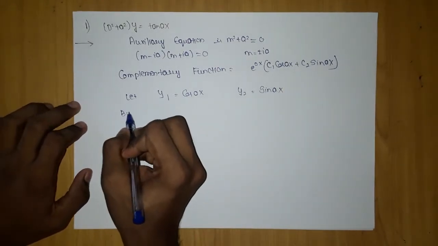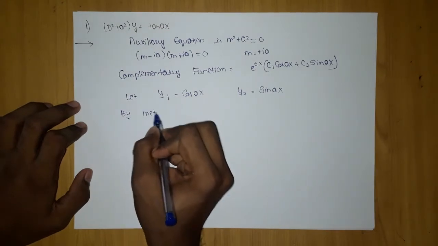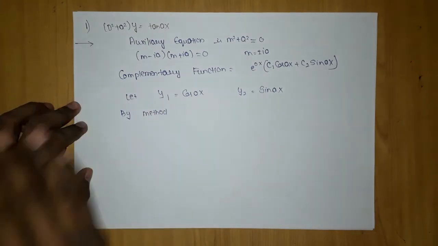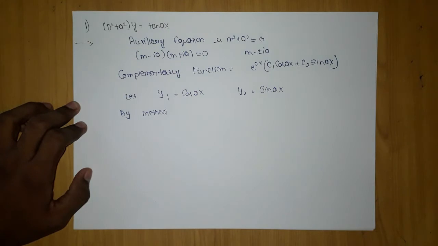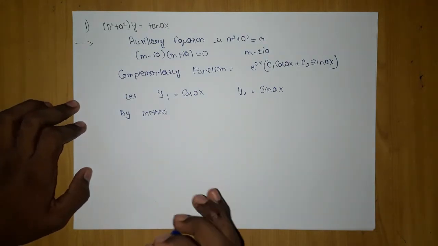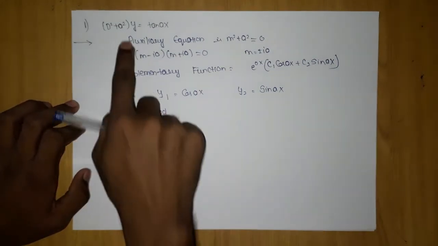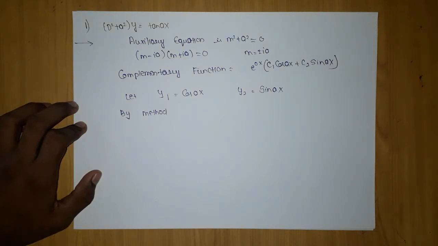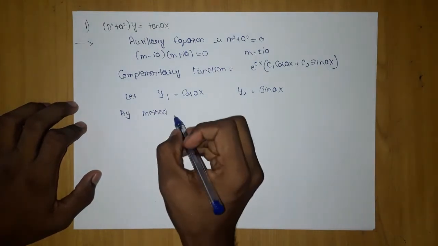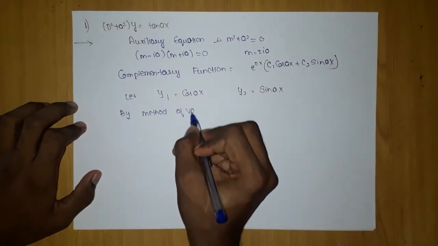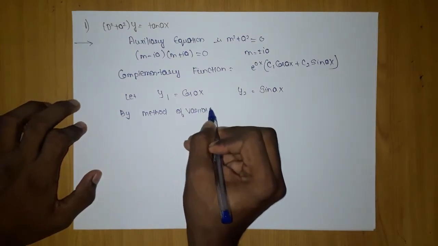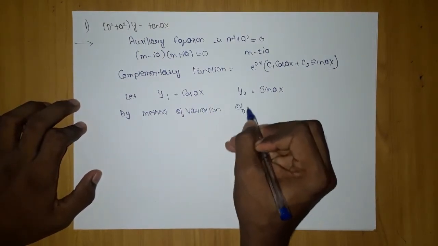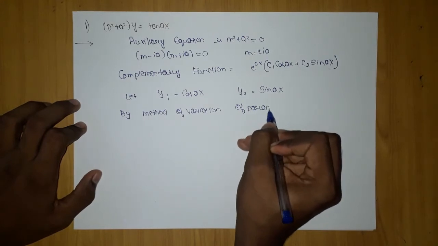Now you have to write this statement by method. If they tell you to solve the question by the method of variation of parameters, then you have to use this method only. Otherwise, if they don't tell you to solve it that way, you know this type of question can be solved by type 7, and we have discussed that this type of question will be solved using partial fractions. By method of variation of parameters,